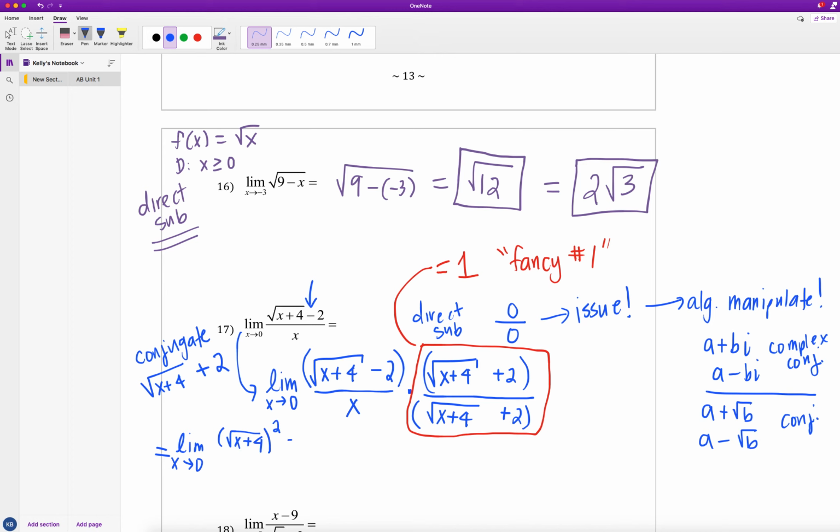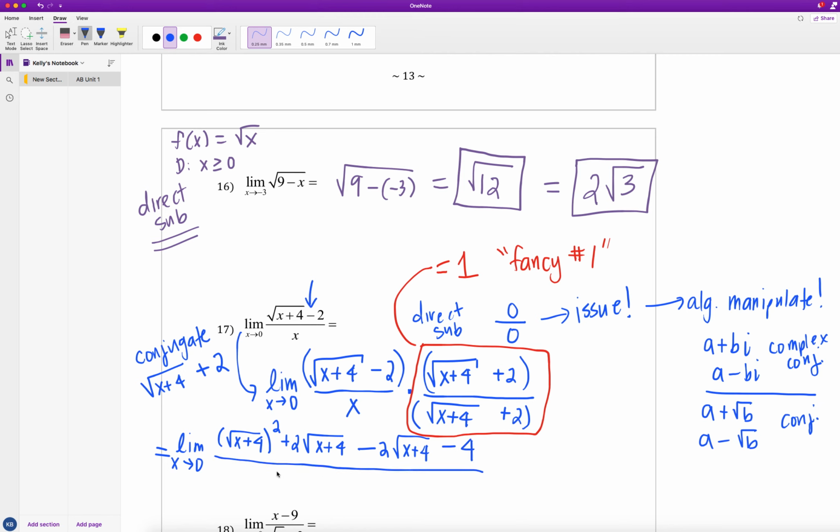Then I'll get plus 2 times the square root of x plus 4, then minus 2 times the square root of x plus 4. And the last one, negative 2 times a positive 2, gives me negative 4, all over